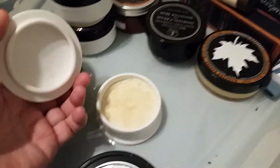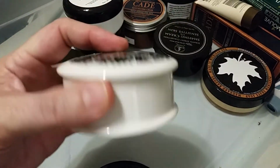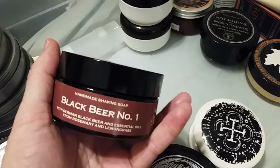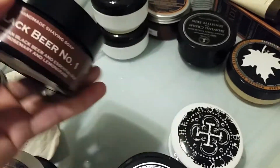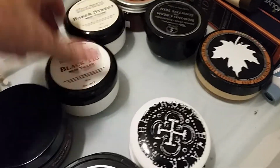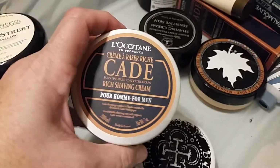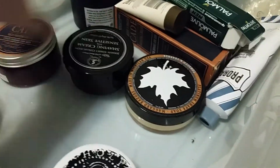And then this is the Galleon. Cool ceramic container. I did try a Meissner Black Beer #1 that I'm keeping around. Performance is not, you know, that great, but man, this container is just crazy neat. Some rare stuff. You don't see too much Strop Shoppe anymore. We've got Baker Street and Black Tie. Here's another rare guy. They don't make this anymore. The Cream for Cade. I've also got the...